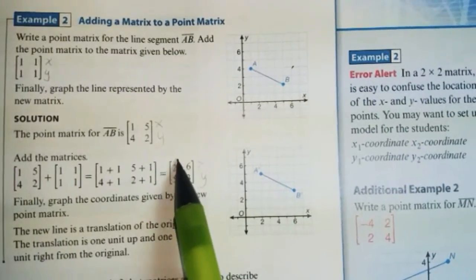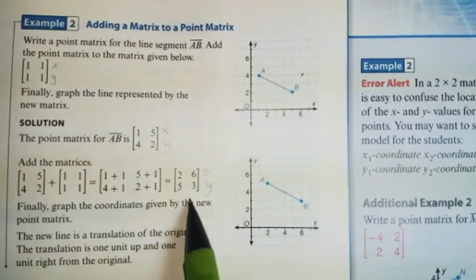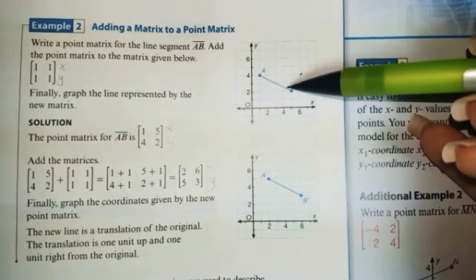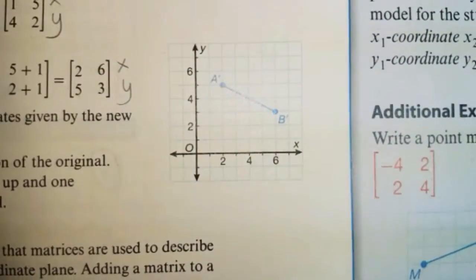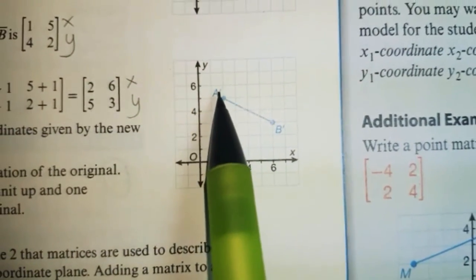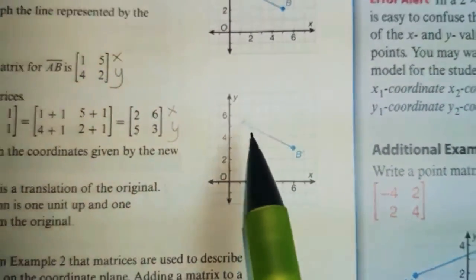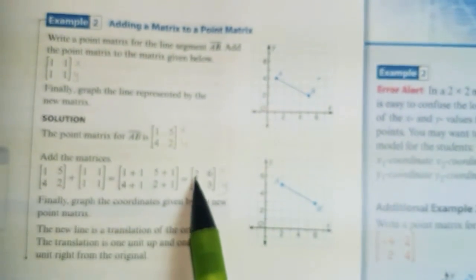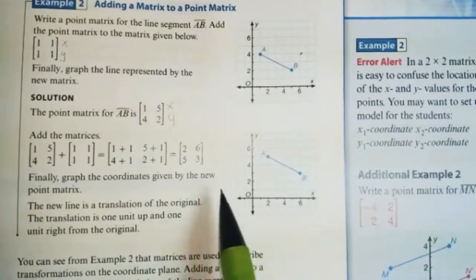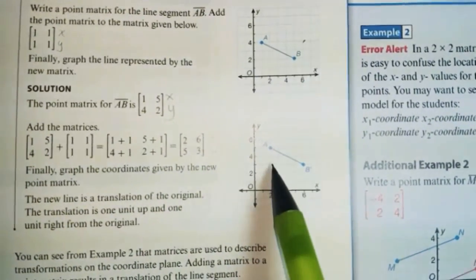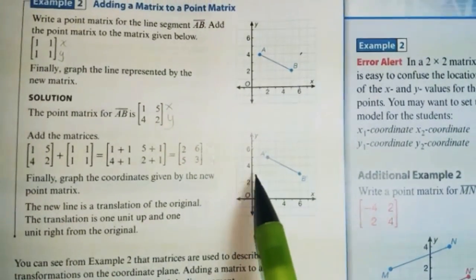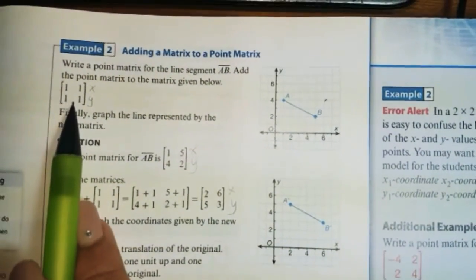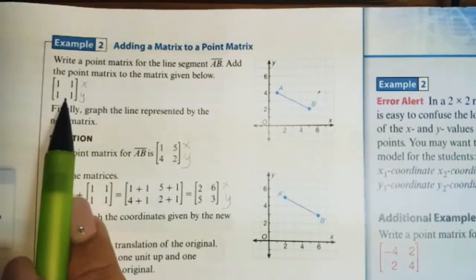Now this is like the image of my transformation. This would be the pre-image and this would be the image. If you look very close, you can see that it has a prime on the top. So 2, 5, 6, 3. As I said, we moved one space to the right and one space